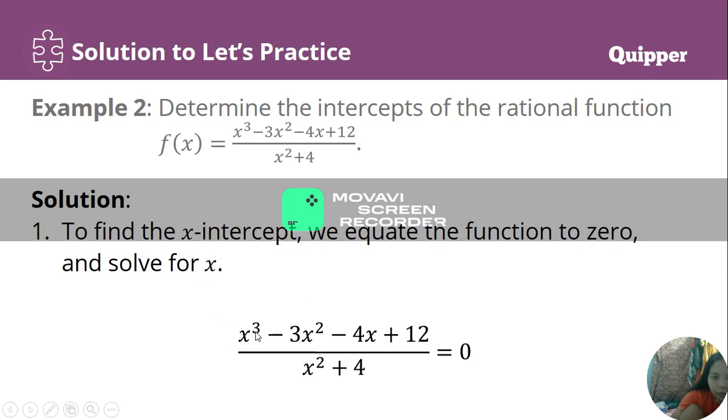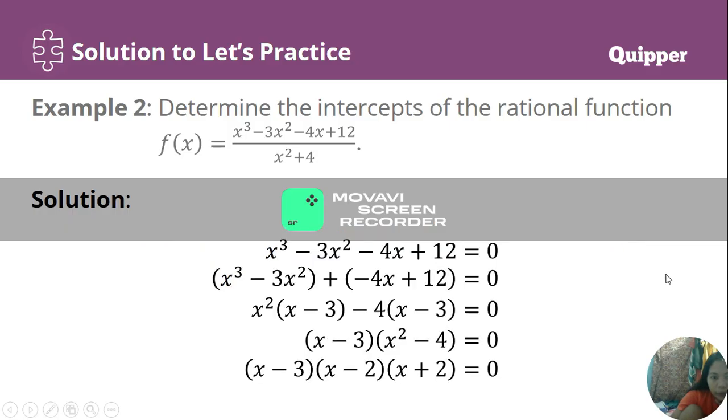So from x cubed minus 3x squared minus 4x plus 12, we will equate them to 0 by factoring them. For example, the x cubed minus 3x squared, we will group this one as one, plus group this one also, the negative 4x plus 12. Why should we have grouped this? Because we can see a common